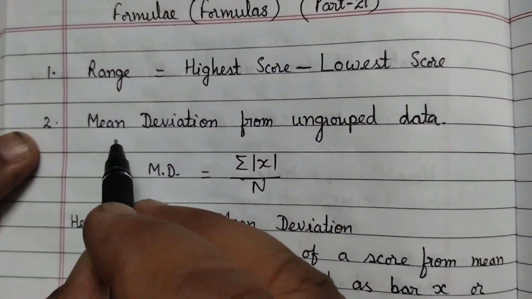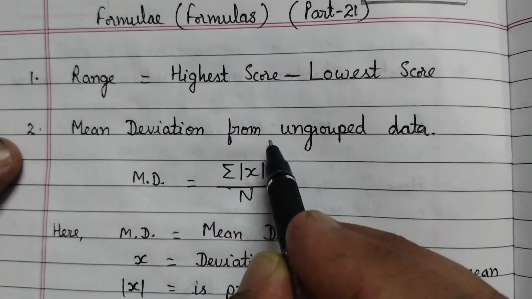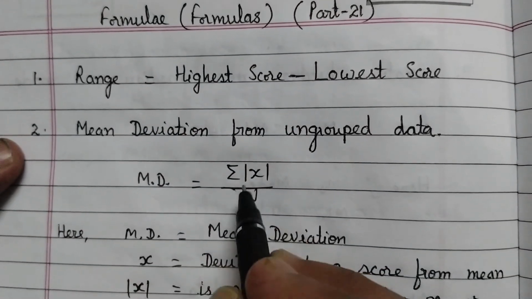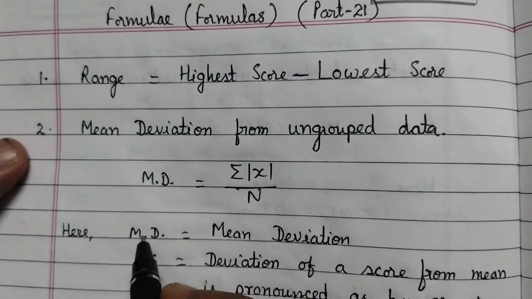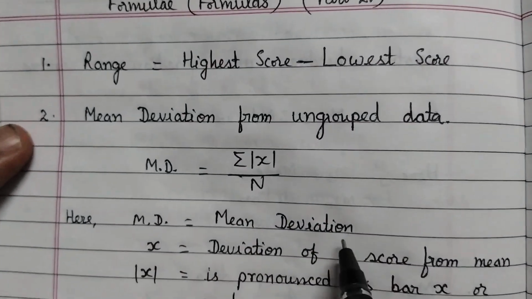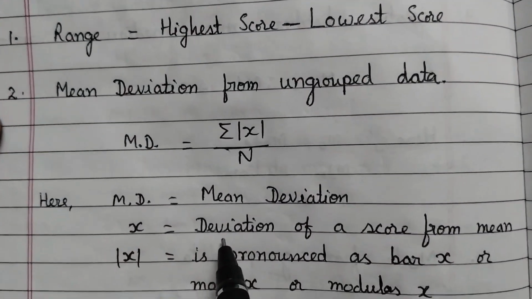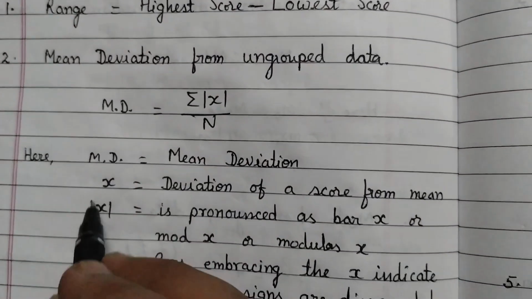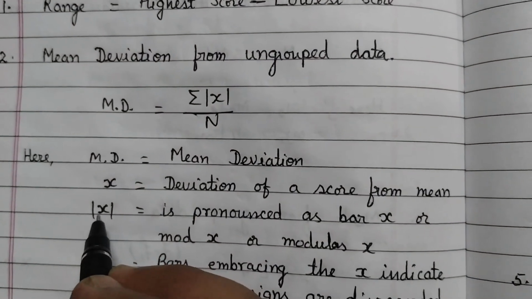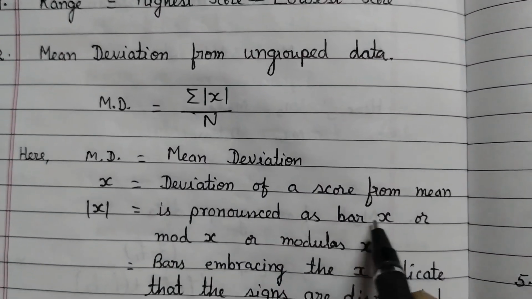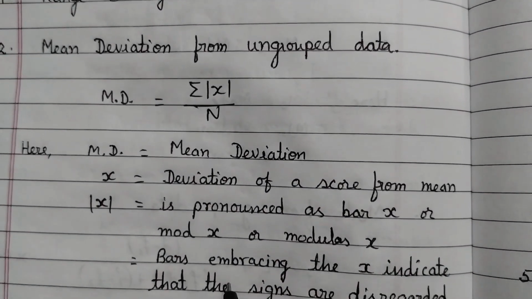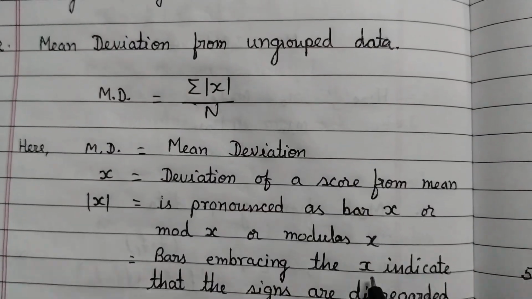Second formula, mean deviation from ungrouped data. MD is equal to summation mod x by n. Here MD means mean deviation, x means deviation of a score from mean, and two parallel lines around x is pronounced as bar x or mod x or modulus x. Bars embracing the x